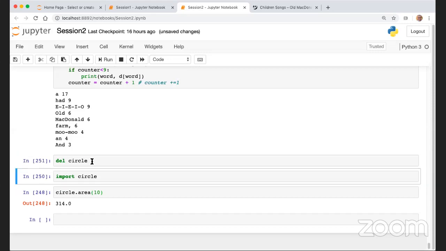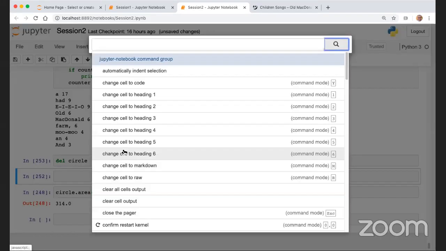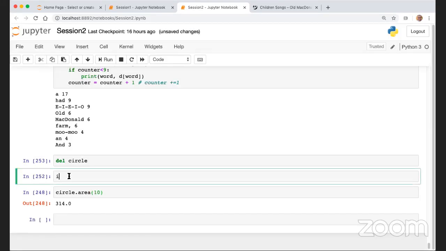Let me see. That should not be the case. So now if I do del import, oops, sorry, that's what I meant: import and then circle. I need to figure out why it still shows it's possible, because it should not be possible since the circle is not in that folder. But all I'm saying is, in this case, I need to do